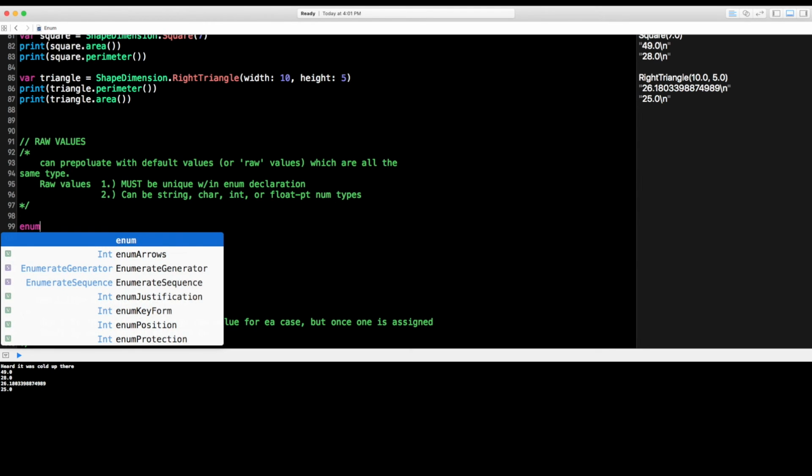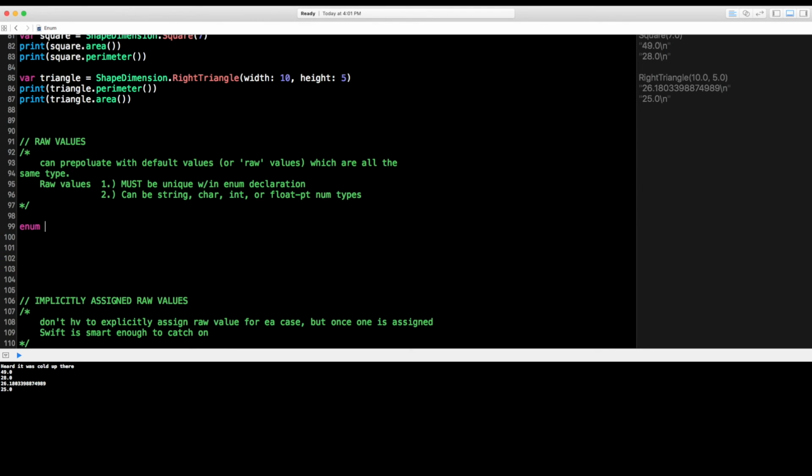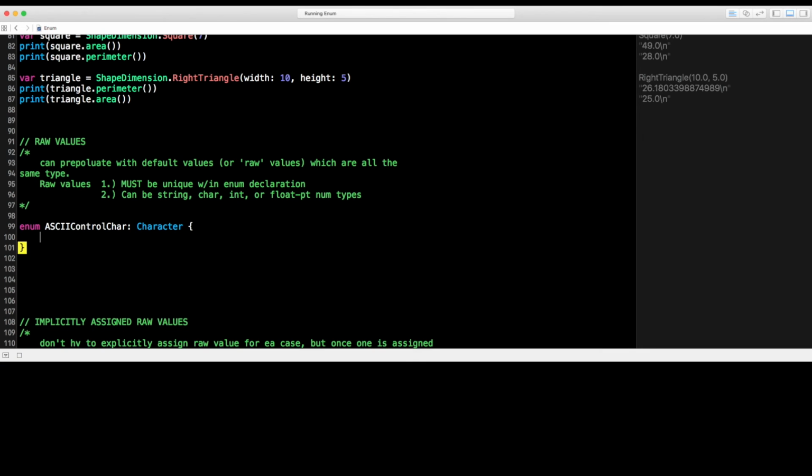So enum, let's do ASCII control characters. So we'll do ASCII control char, and these are going to be of type character. If you notice, I'm giving the enum a type, saying everything in this enum is of type character. And then we do our cases. So we're going to do case tab, case line feed,